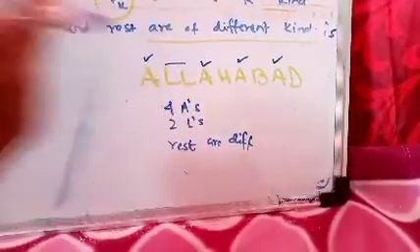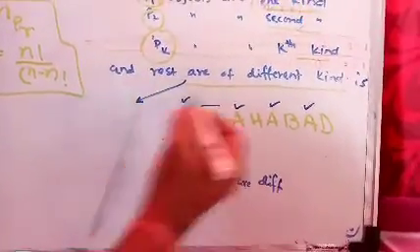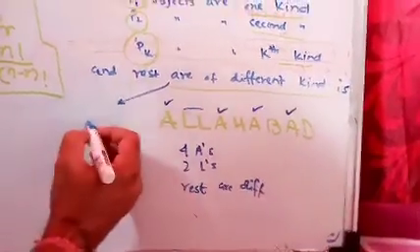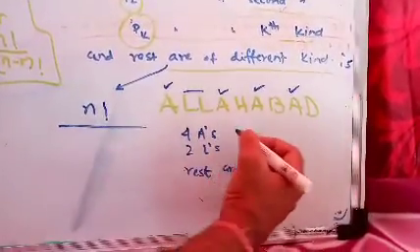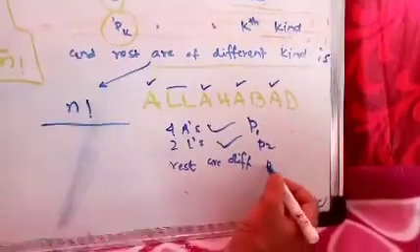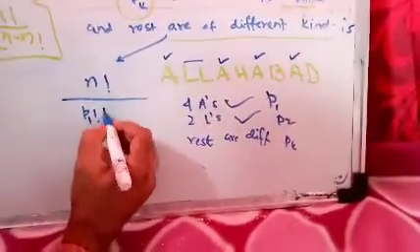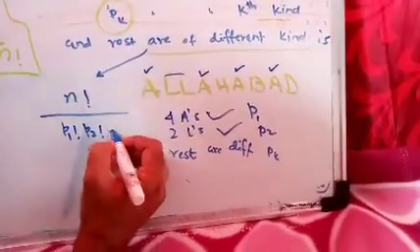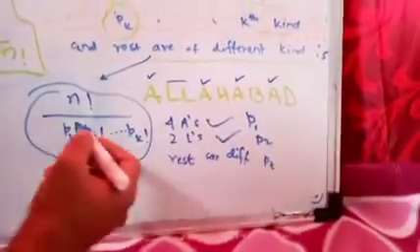So using this formula. What is the formula? So n objects are of different kinds. Then the formula is n factorial, and we have to divide it by p1 factorial, where p1 objects are of one kind, p2 objects are of the second kind, and the rest are of the pk kind. So p1 factorial times p2 factorial up to pk factorial. We have to divide by this. So this is the formula. If some objects are repeated, then we have to use this formula.